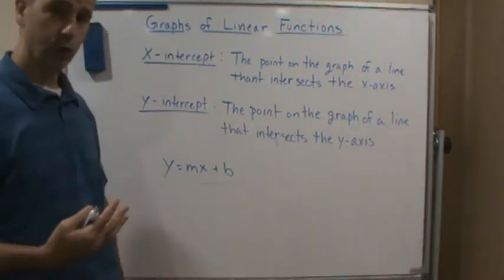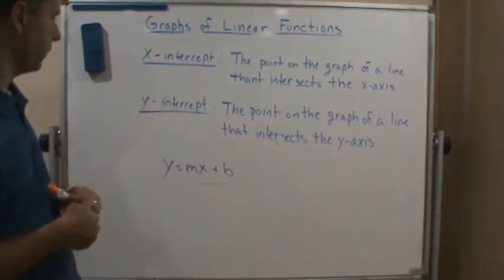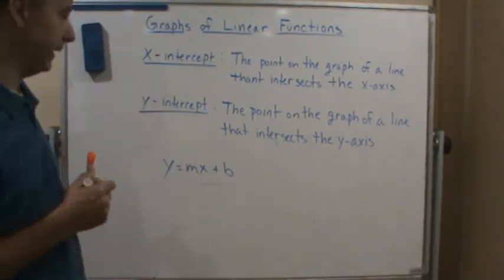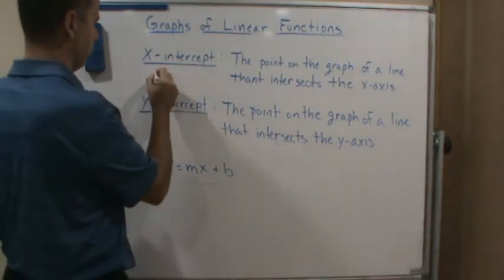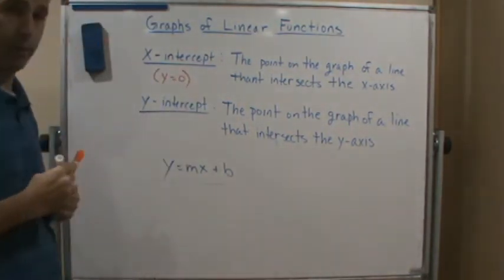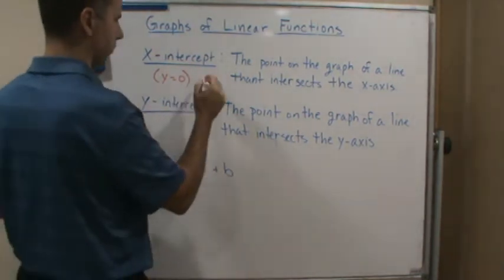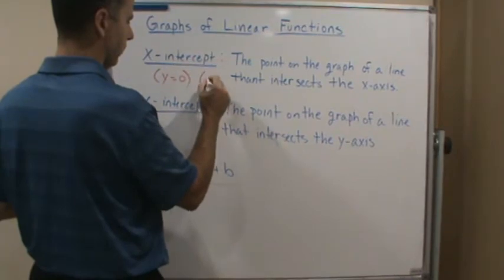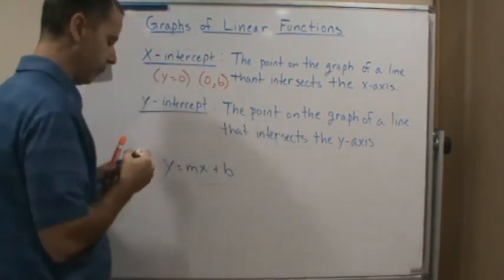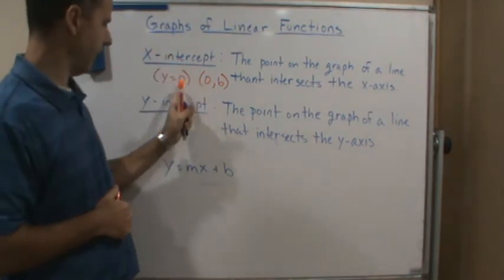In order to find the x-intercept, you're going to set y equal to 0. Because remember, the y-intercept is always of the form 0 comma b. So in order to find the x-intercept, you're going to set x equal to,